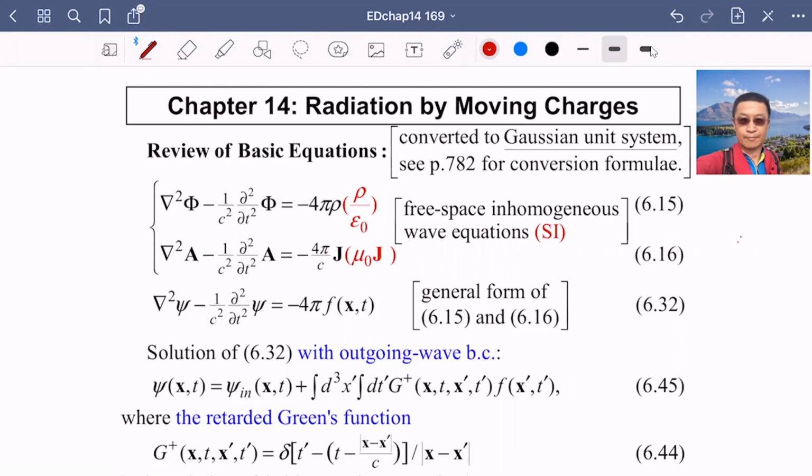Second, I will show you the acceleration or deceleration. That will be related to synchrotron radiation. So synchrotron radiation is very important in this chapter. One of the most important applications of radiation by moving charges. Today, we will cover